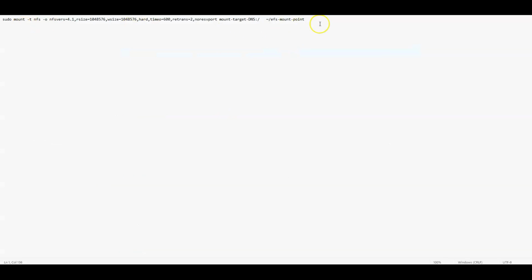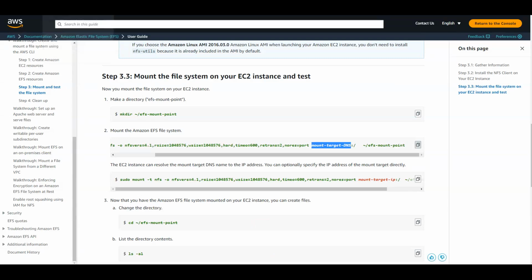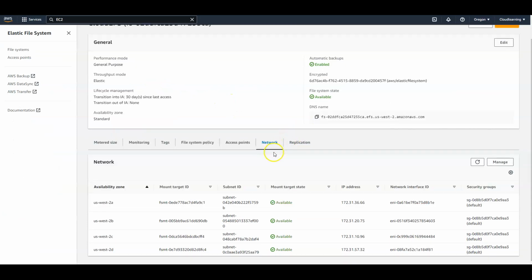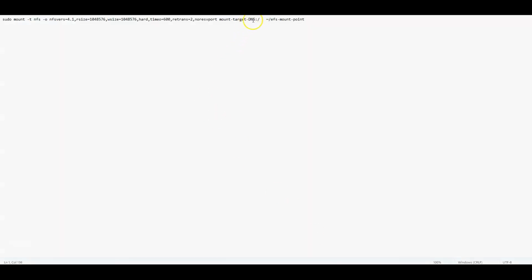So here is the command that I have pasted on the notepad, and we just have to replace this mount target DNS with the private IP of the file system network. So I'll just move to the file system, and already in the network, I'm trying to connect from the instance that is in the US West 2B availability zone. So the mount target is going to be this one, this IP address. I'm just going to copy this IP, and then instead of mount target DNS,